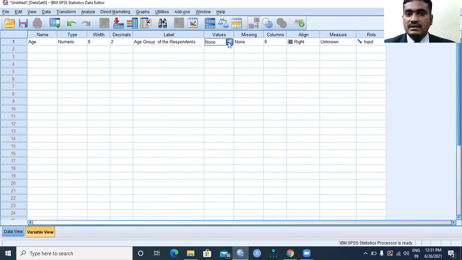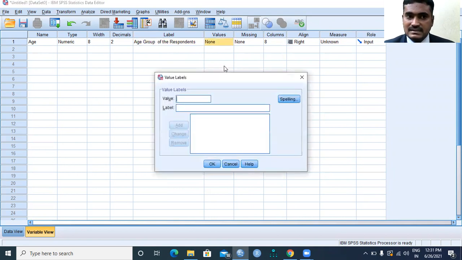Now for the value, nothing will come here because it is a continuous scale. You can enter anything, age group. When it is a continuous scale, the number can be anything. Even the number may not be repeated. Suppose in a class of 45 students, your age will never match another person's age with respect to years, months and dates.